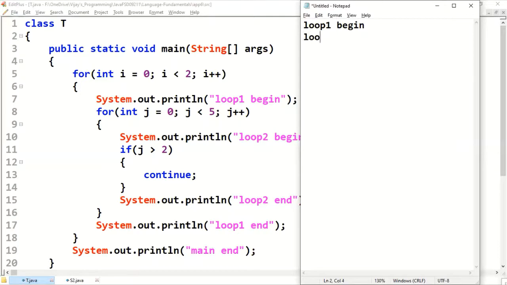Loop 2 begin. Whether 0 greater than 2, yes, continue. Without executing loop 2 end, skipping to the next iteration. j is becoming 1. 1 less than 5, yes. Loop 2 begin. Still we are in loop 2.